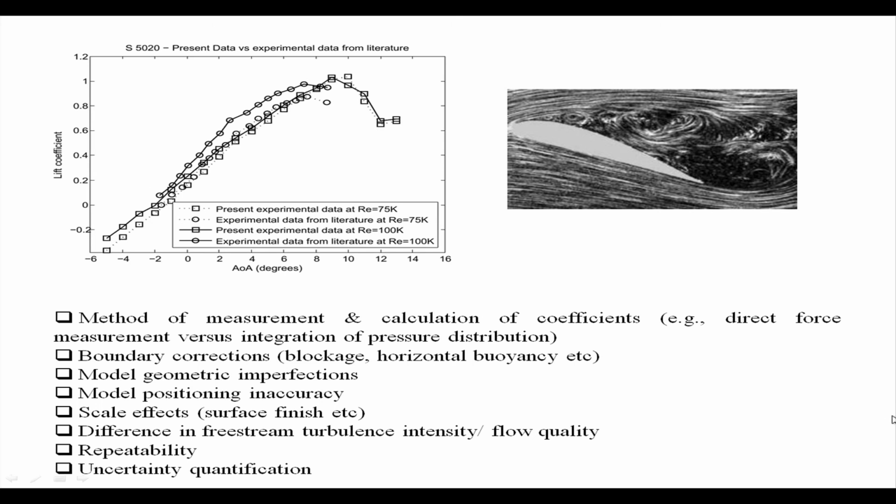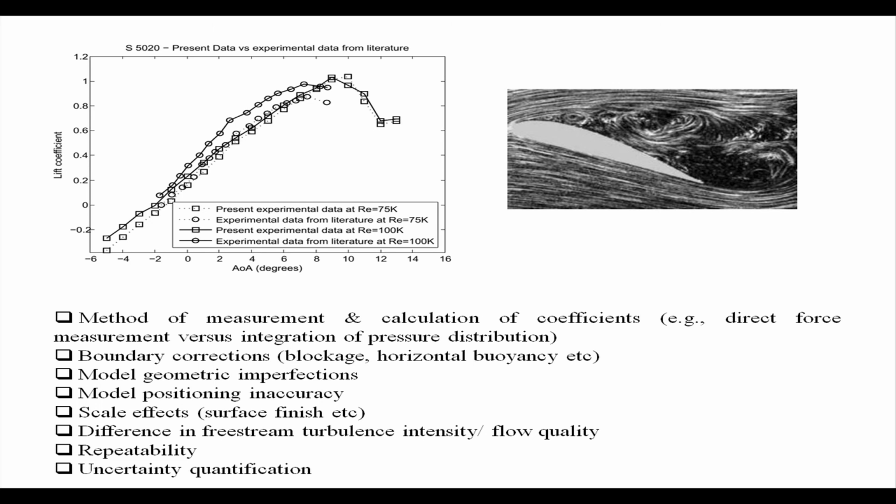What does it mean? It means this: here, how did I generate the lift coefficient data? The technique was, we measured pressure, we integrated pressure, and we generated data. Why did we not use the sting balance? Because it was an end to end model. When we tried holding it with the sting, it was exceeding the sting's range. So, we preferred to drop that method altogether, and we preferred to side mount it and just do pressure measurement,